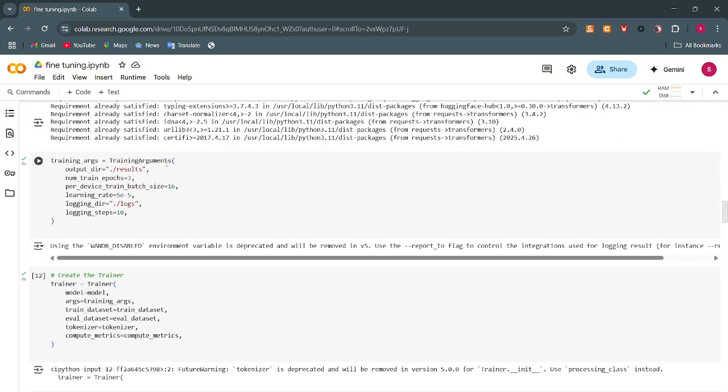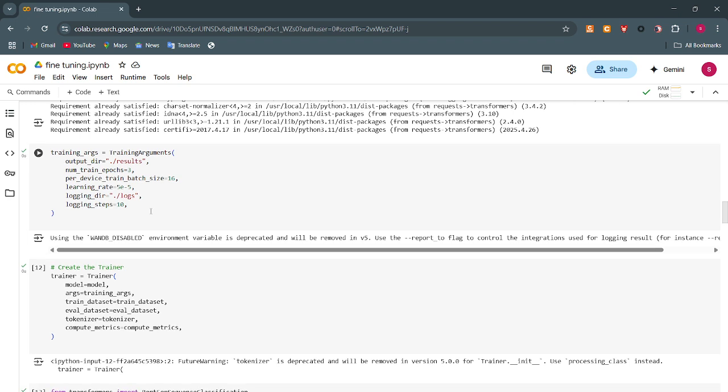This is the training_args equal to TrainingArguments. This creates an arguments object which configures the training procedure, and for parameter explanation we can see output_dir is the directory to save model checkpoints and final models, and num_train_epochs trains the model for three full epochs, and per_device_train_batch_size of 16 is a batch size of 16 examples per GPU or CPU. Okay, and learning_rate sets the step size for the optimizer, and logging_dir is the directory to save logs, and this logging_steps is for logging training every step,